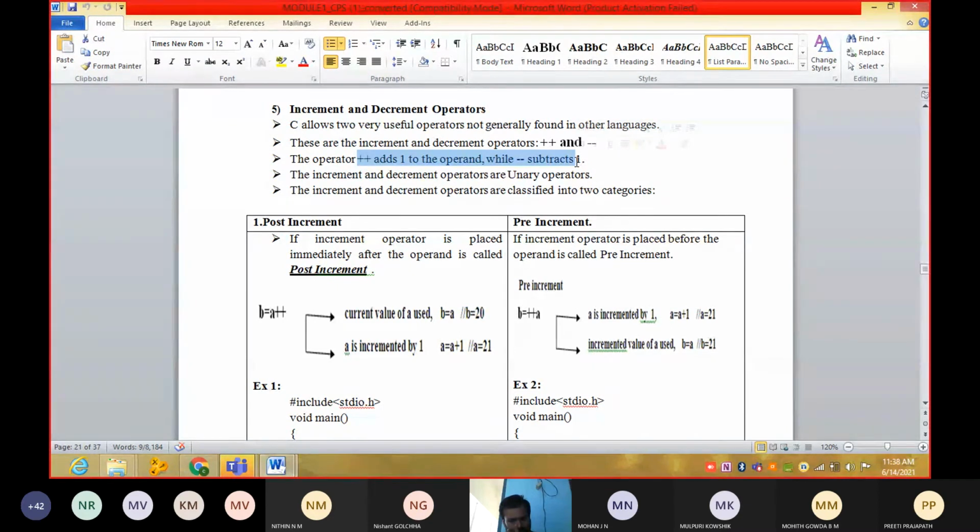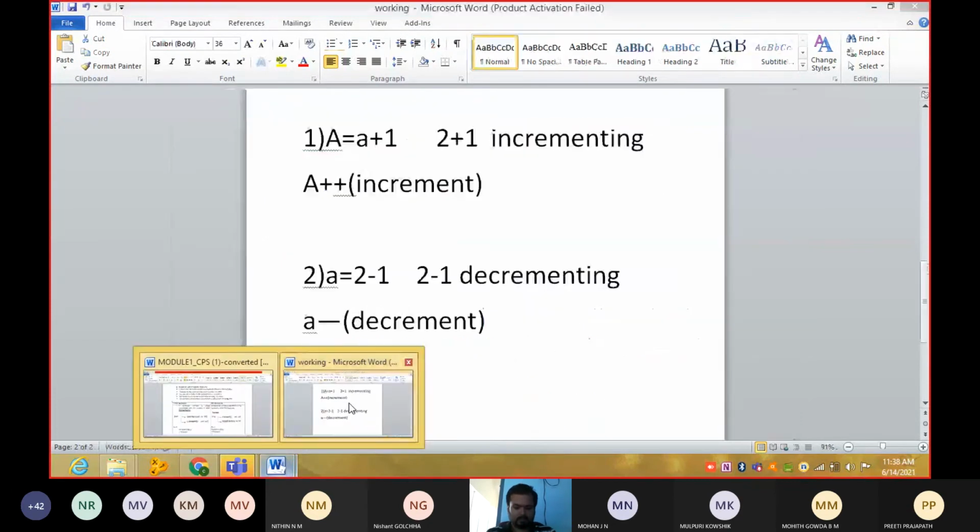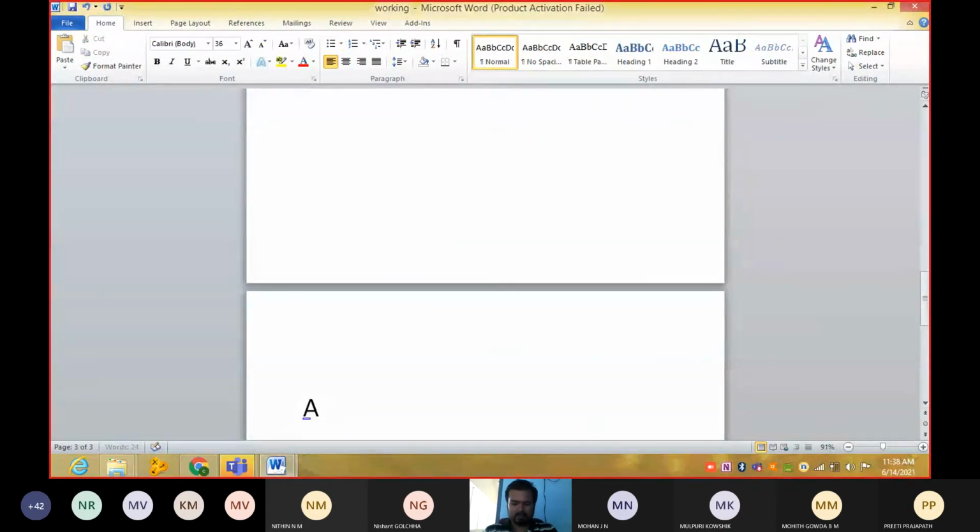We have post increment and pre increment.